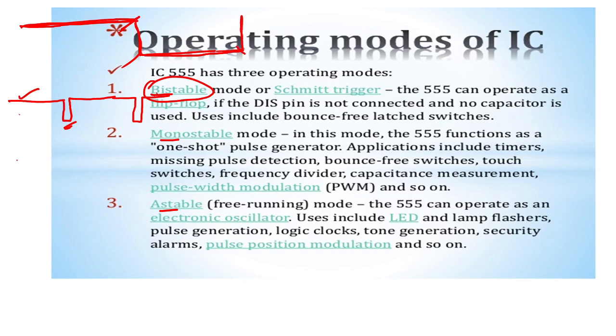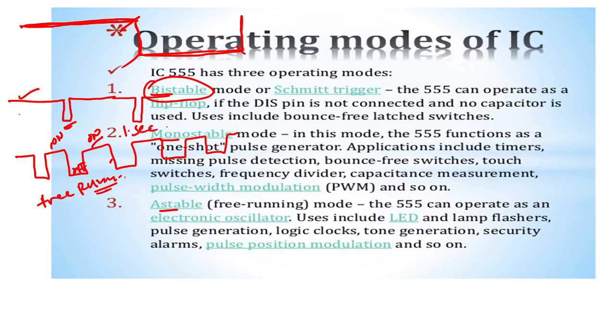In the astable multivibrator, we are not doing anything. Continuously the states change with the help of the R and C values. This is my free running multivibrator. In this one your LEDs are on; this is the on state and here is the off state. So your LED will be on for 1 second and off for 1 second, like this. This circuit is designed using an astable multivibrator.